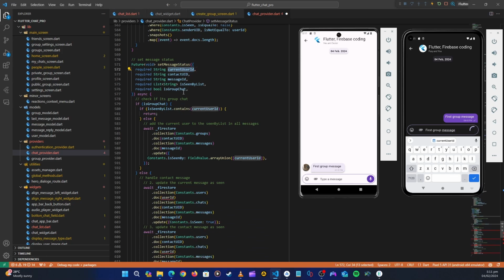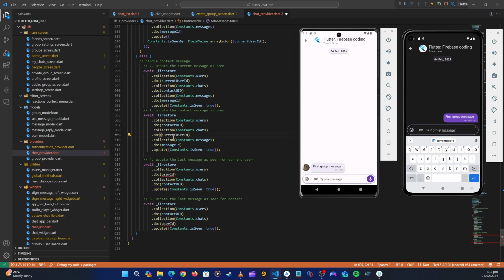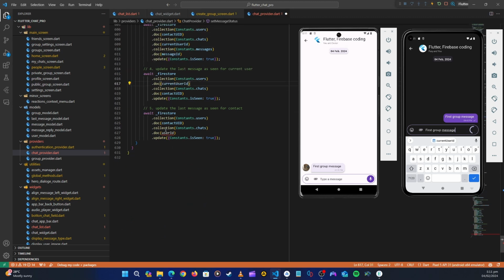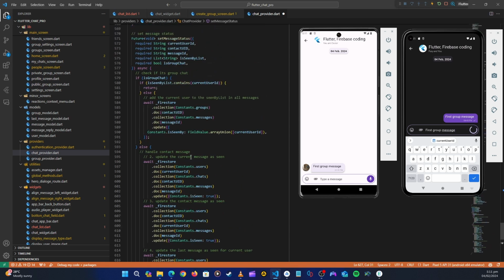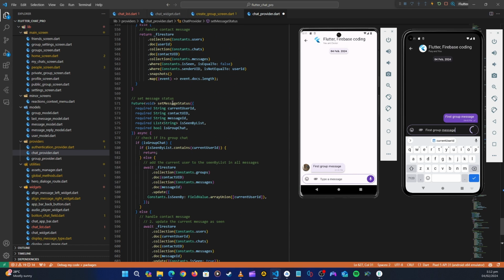So let's copy that and then just paste it in where we are putting this. Okay, and then that's it. That's our method. Now we just need to go back to the chat list,